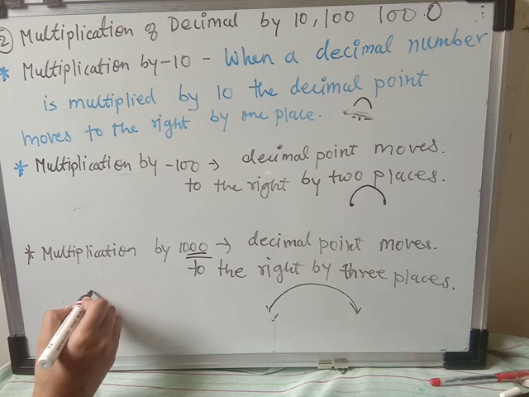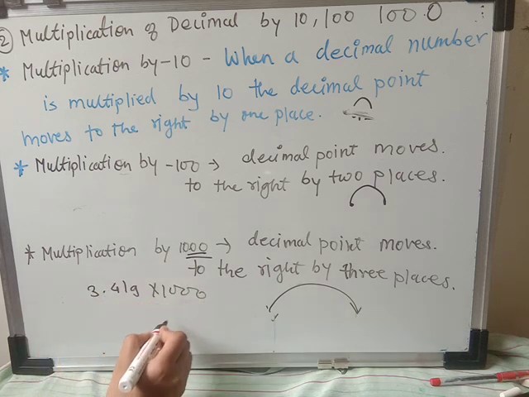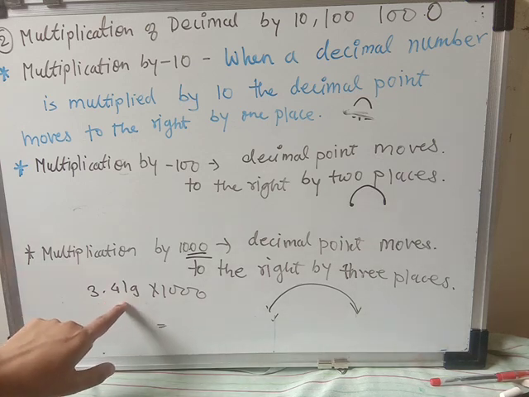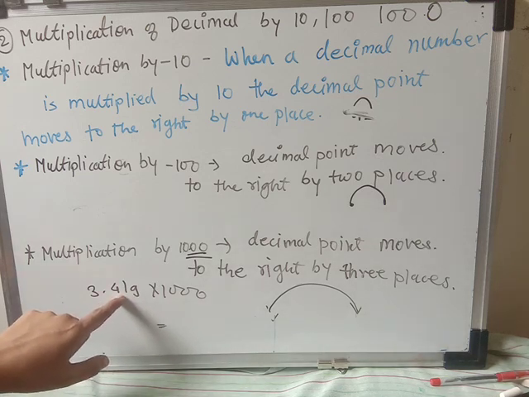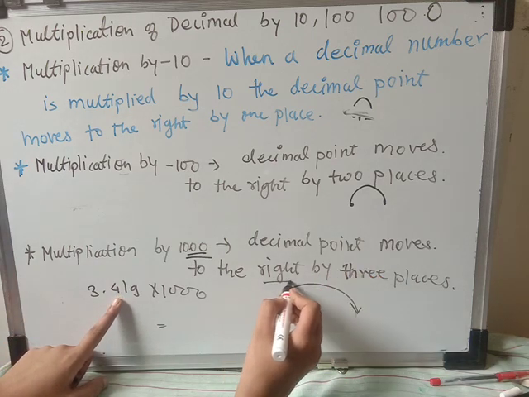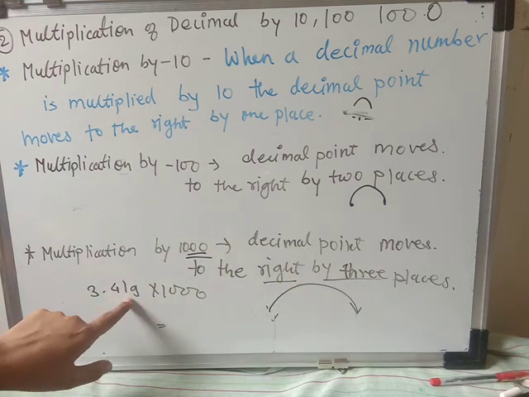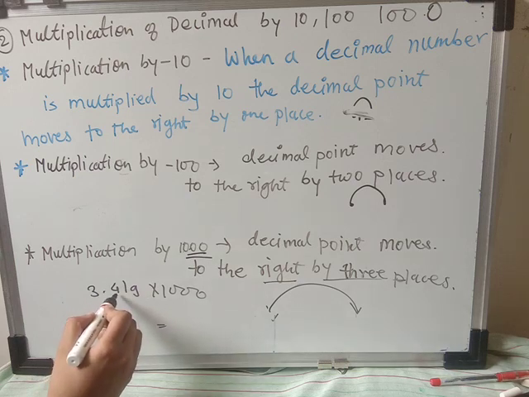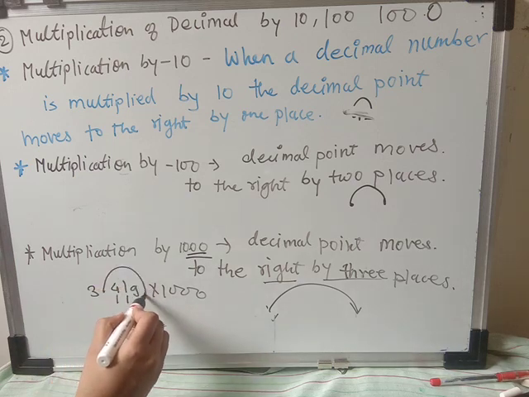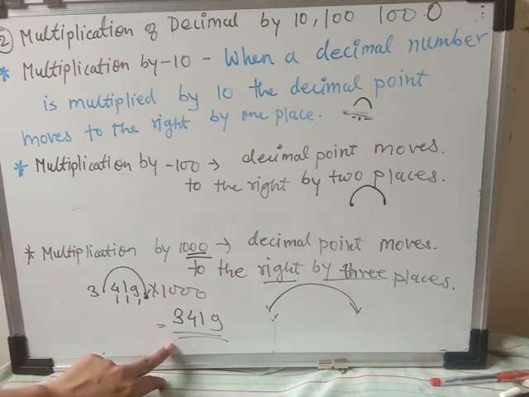मतलब अगर फॉर एग्जांपल इफ आई टेक हियर 3.419 एंड मल्टीप्लाई बाय 1000. ओके, सो हियर यहाँ पे मेरे 3 डिजिट्स है. अब यहाँ पे क्या बोला है उन्होंने कि यहाँ पे डेसिमल पॉइंट मूव्स बाय 3 प्लेसेस टू द राइट. ओके, सो राइट साइड, डेसिमल के बाद राइट साइड, यहाँ पे 3 प्लेस मूव हो जाएगा. सो 1 2 3, सो डेसिमल आ जाएगा इधर. ओके, और यहाँ डेसिमल के लिए कोई भी प्लेस नहीं है, मतलब हम लिख सकते हैं 3419. ओके, सो आई होप यू हैव अंडरस्टूड हाउ आई हैव डन ओवर हियर.